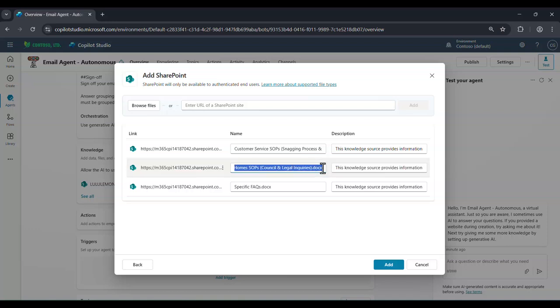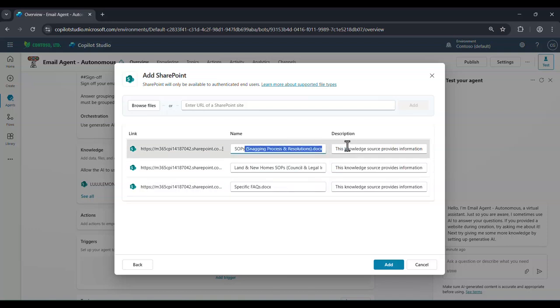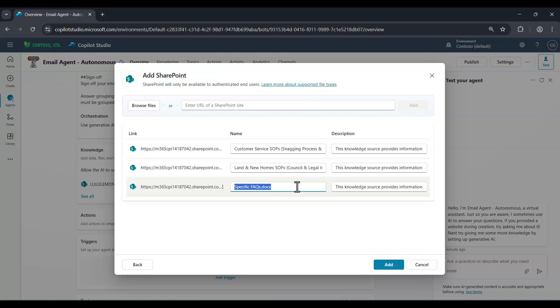By default, it gives you the file name or the folder name that it's pointing to. But again, you might want to change the names of these. It doesn't change the underlying file, of course, but you can call these out as part of your general instructions as well. So you could say, hey, if you get a question that comes in on house building or customer service snagging,